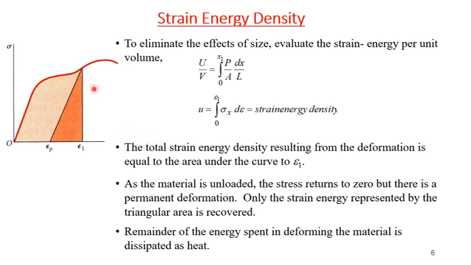So for permanent deformation in ductile material, if we go beyond the yield point, this triangular region of energy will be recoverable, and this light region will not be recoverable, and it will dissipate in the form of heat, because energy cannot be created or destroyed, it can only be transformed from one form to another. Okay, now